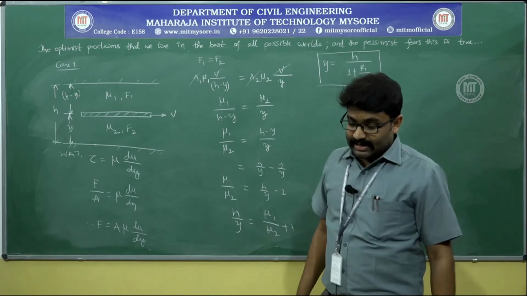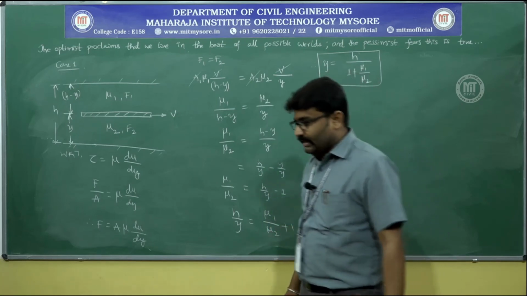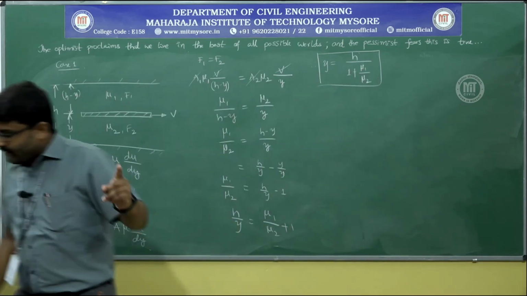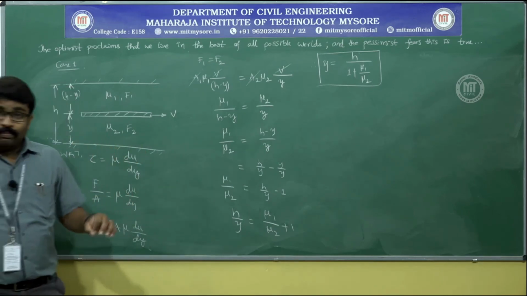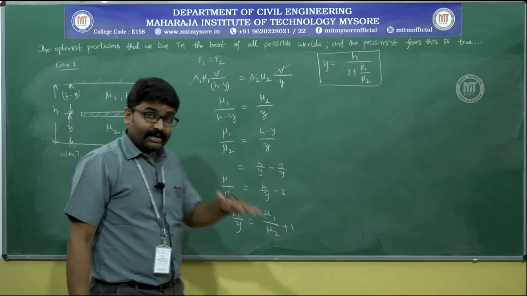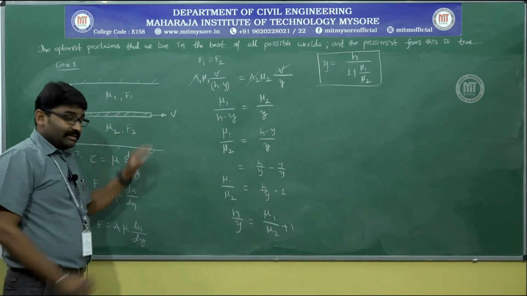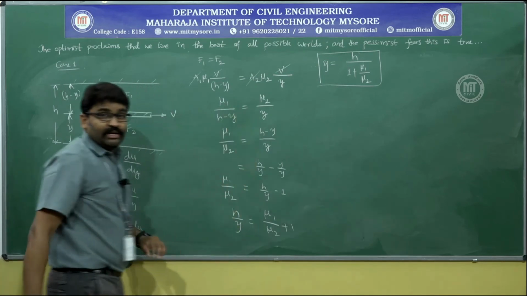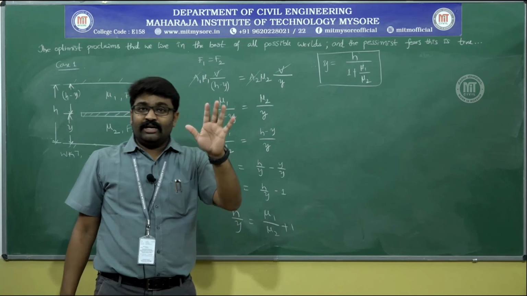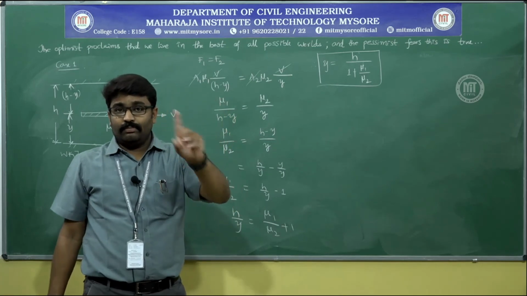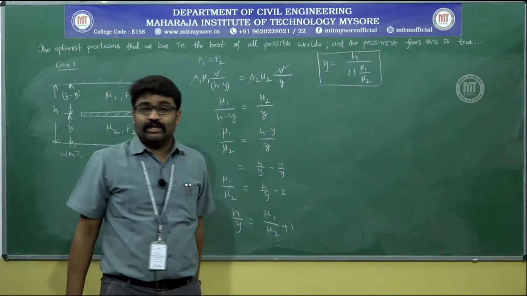Now moving on to the second case, what has it given to us? The second case says that, I will read out for you, the pull required to drag the plate is minimum. You will have to find the position of the plate in such a way that the pull required is minimum. When can the pull be minimum? Pull minimum doesn't mean F is equal to 0. Be careful. F must be minimum, not equal to 0.